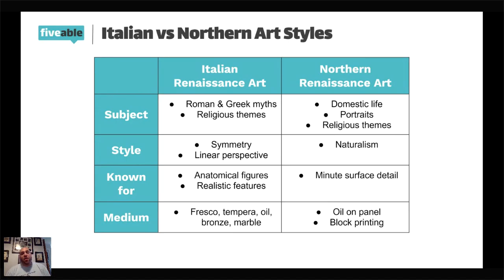Italian art is definitely known for its perspective, its use of symmetry. We have something that's called contrapposto or counterpose. You can divide the body in two, and one side is going to be